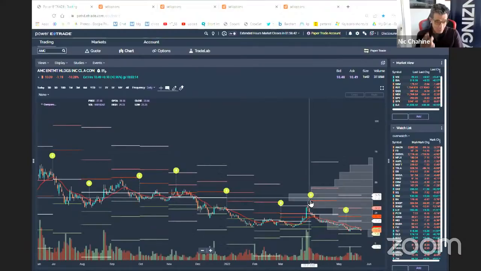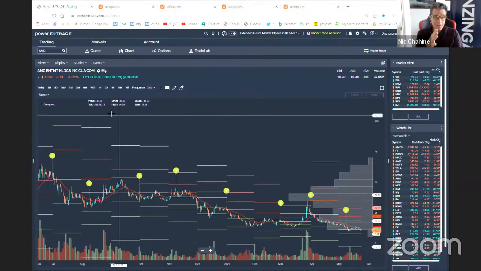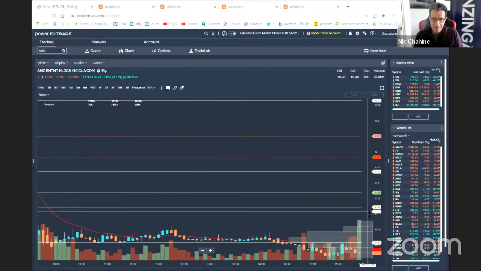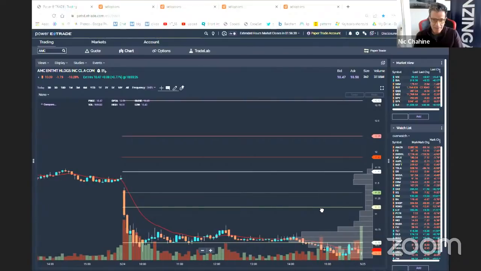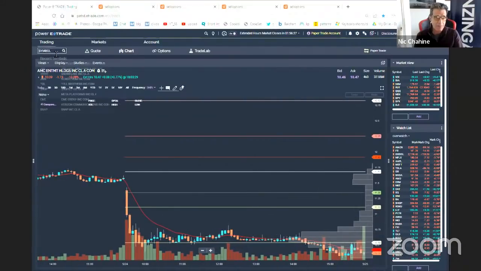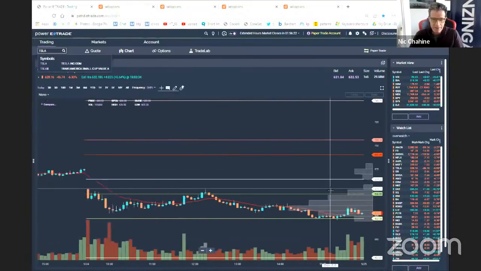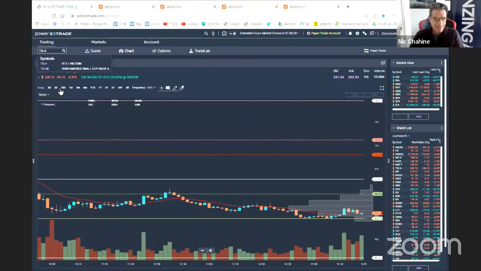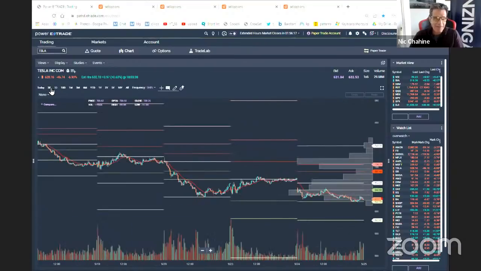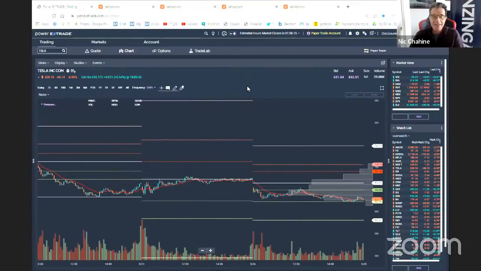So the algorithm is to sell the rallies at this high level on the daily chart. You can replicate that if you go into today's chart and start getting fancy with it. This is not my trading platform, so I don't know how to use it for that purpose. Let's see if I could actually. Let's go to Tesla. No, I definitely can't. Wow, that's ugly intraday charts. I do not get that out of this platform for charting, that's for sure. Okay, let me switch chart screens to pick a better one to chart. This one. There we go.